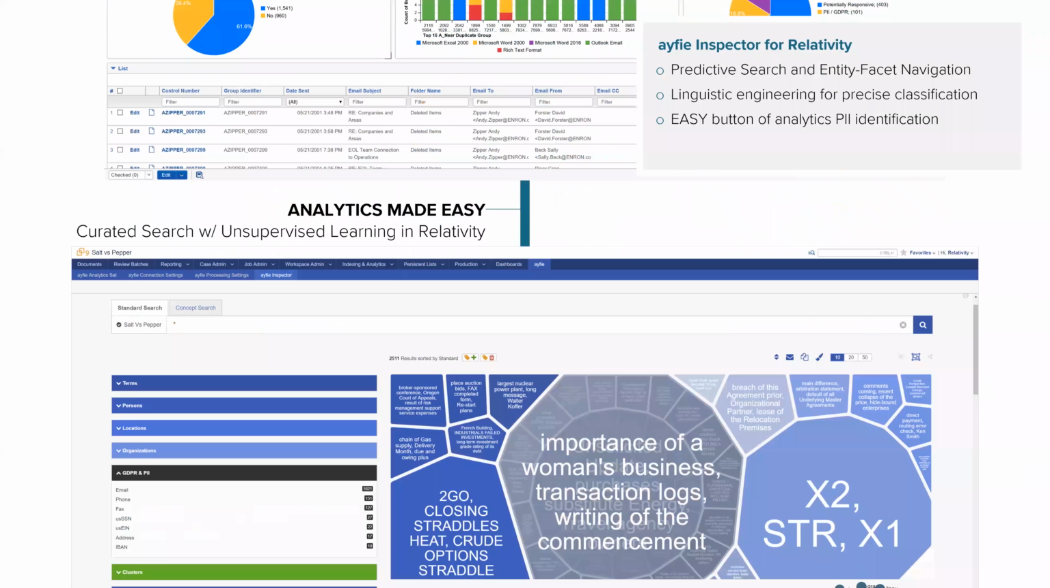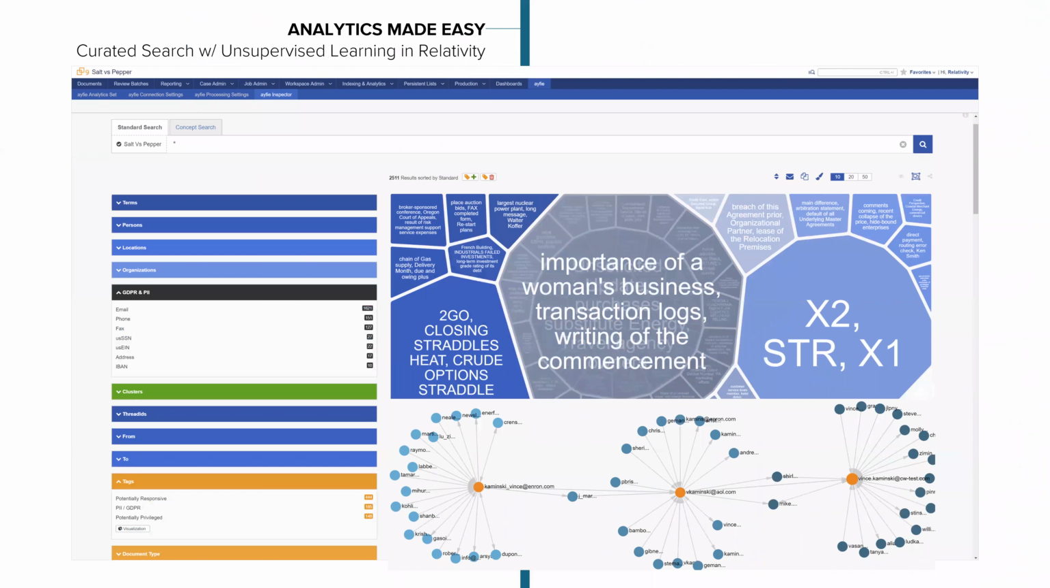Now this is a glimpse of the Inspector dashboard as it sits within Relativity. And of course, this isn't a full demo, but if anybody is interested, we can schedule those. So this is where ayfie sits within Relativity. And here what we're really trying to do is provide predictive search. We do entity facet navigation, including PII and GDPR. And what we're trying to do is make this as easy of a navigation and intuitive and transparent for discovery